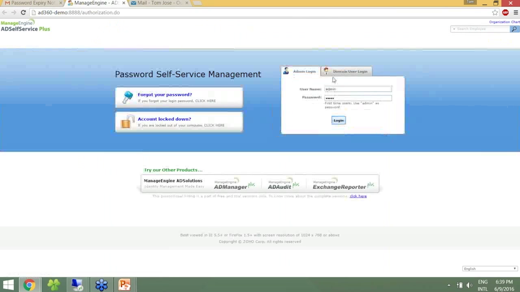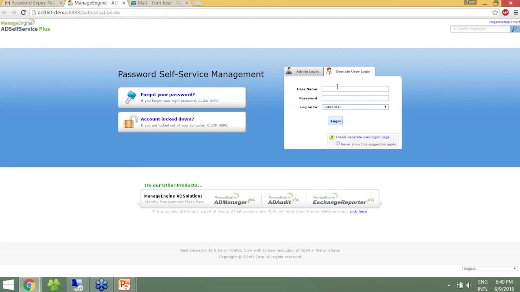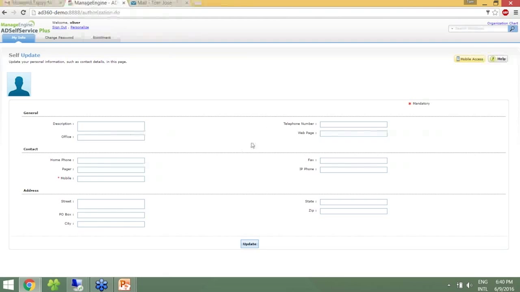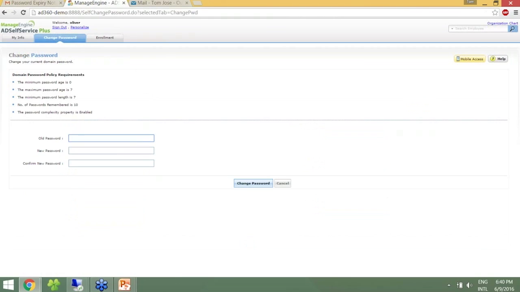I'll just click on the link provided and log in as the user Oliver. And let me just type the password and log in. And now I have successfully logged in, and here is the My Info tab, where any details you do update here will be automatically updated in your Active Directory account. And then we have the change password, and this is what I'm going to use right now to change Oliver's